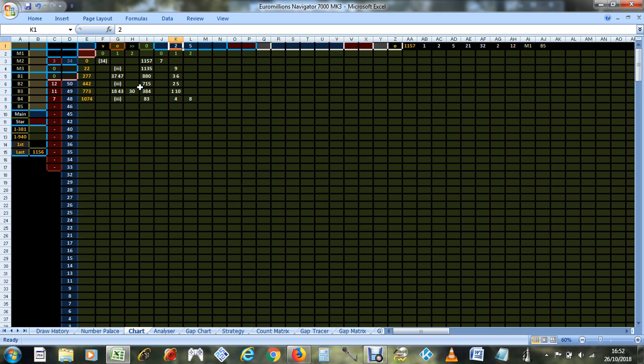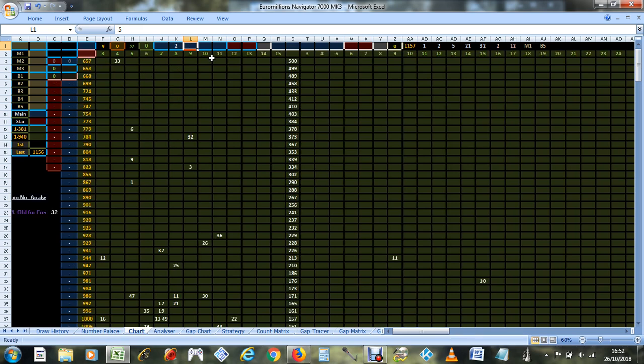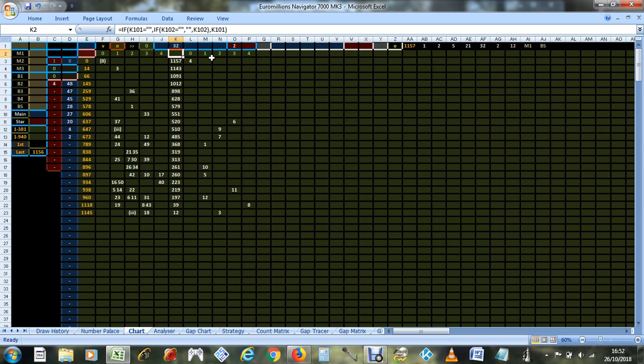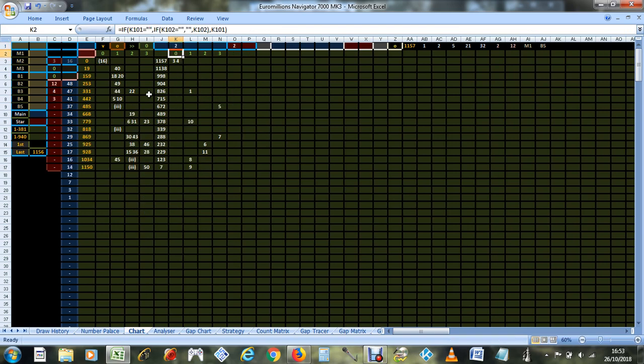Now obviously, because we've narrowed it down to only the draws where certain pairs occurred, we're only actually looking at 5 draws, so you can't really see much on the chart for that. So let's look at another pair of numbers. Sometimes when you look at pairs, like for instance this pair, 32 and star number 2, look where number 1 is. It's very close to the edge of the chart. So if we look at that one, then